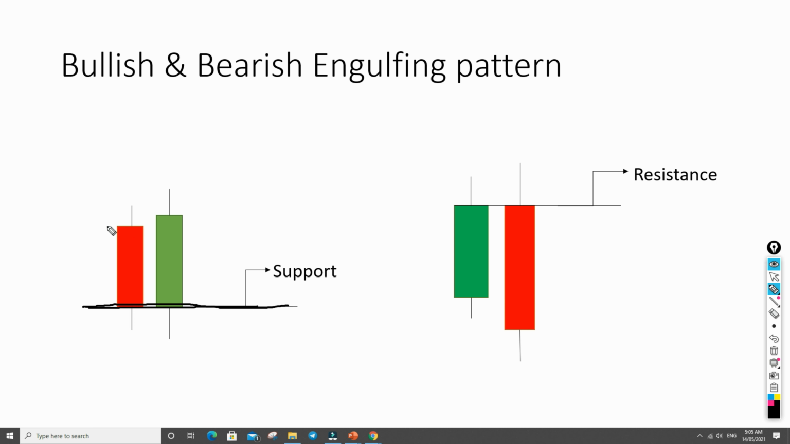Consider this candle first. The price opened here, went up here, and then closed back below here. So it came here and then closed back here. This is the low of the candle, this is the high of the candle. So this is the selling candle, and this is the support. And on the support, what happened? After closing this candle,